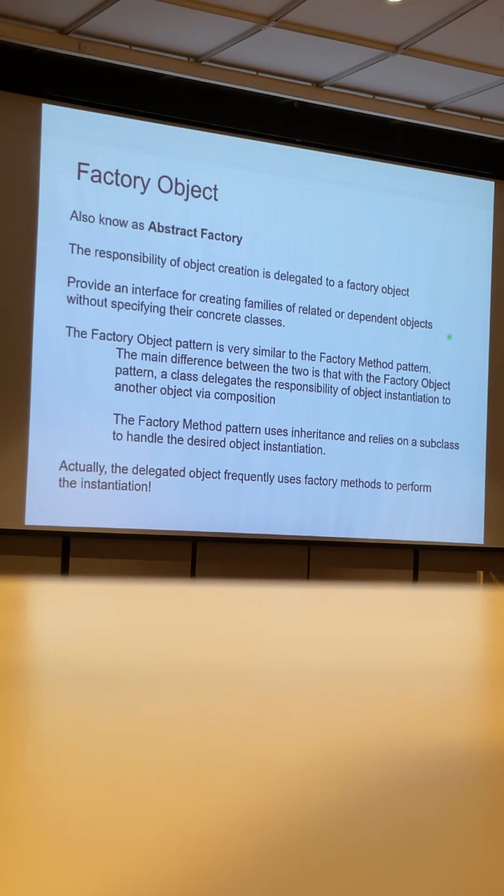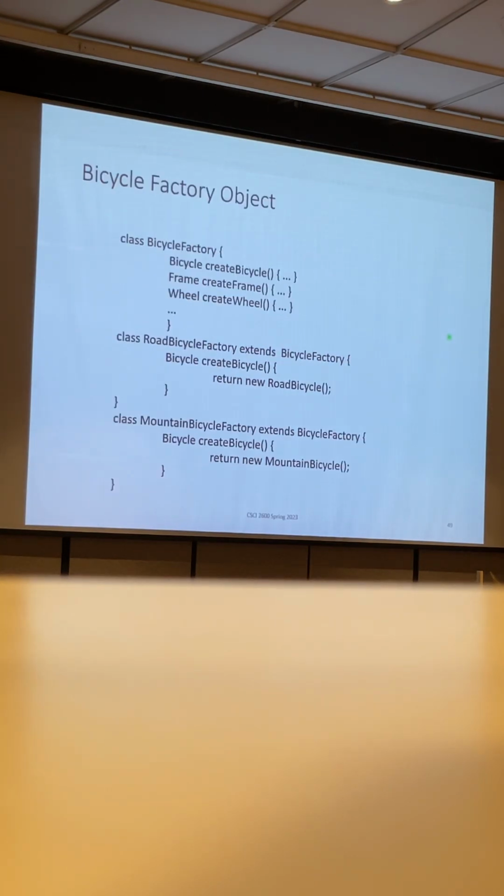In factory method, we just use inheritance, overriding the factory method in subclasses to make sure that the overriding factory method creates the correct type of the object. So let's look at some examples, and hopefully the difference between factory object and factory method, two related design patterns, is going to become